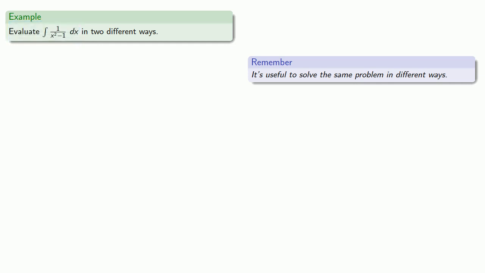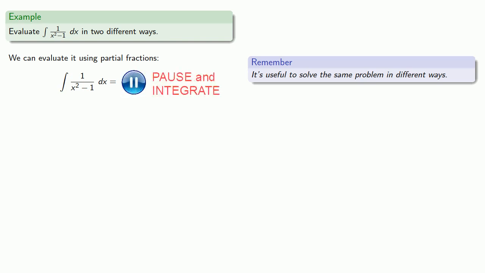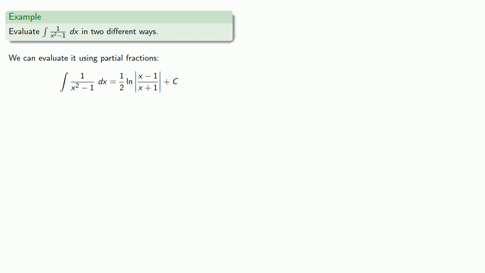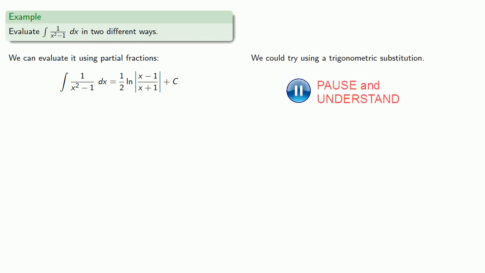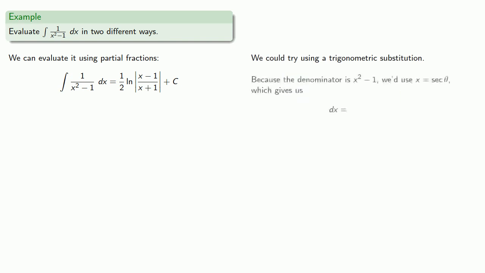And the obvious way is to evaluate it using partial fractions. But the other way we can do this, because this denominator has the form x squared minus 1, we could try using a trigonometric substitution. And because the denominator is an x squared minus 1, the substitution we'd use would be x equals secant theta, which gives us dx equals,